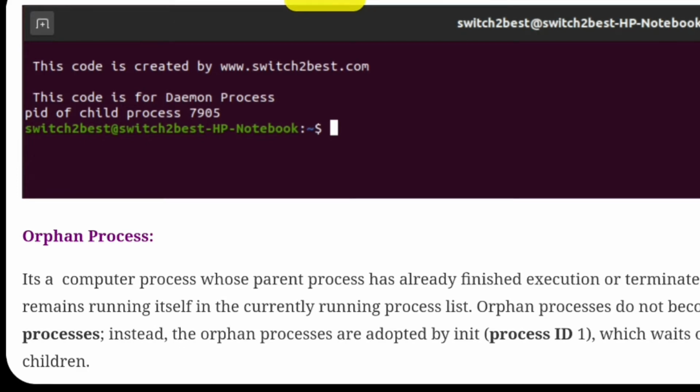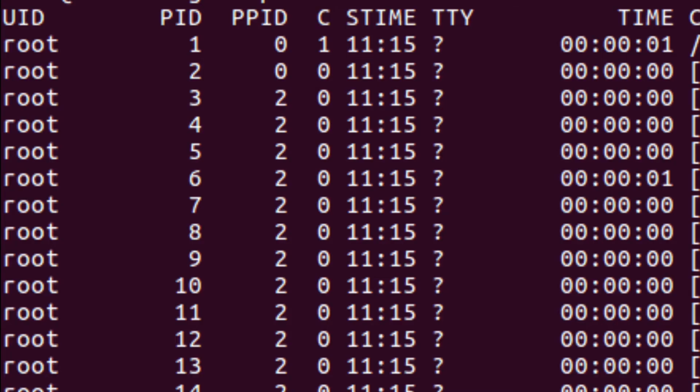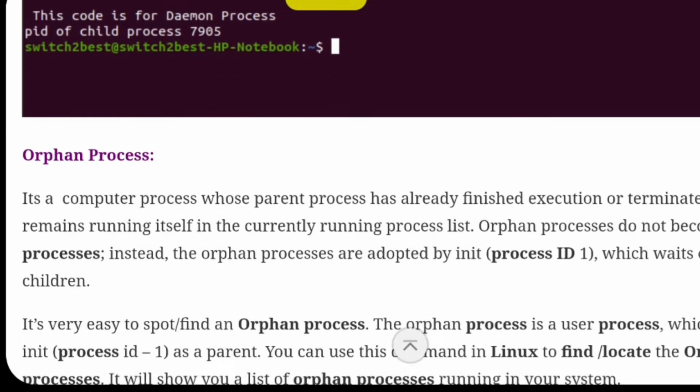Open your terminal and type the process command ps -axl. By using this command, you can see all the daemon processes running in the background. This is all about the daemon process.